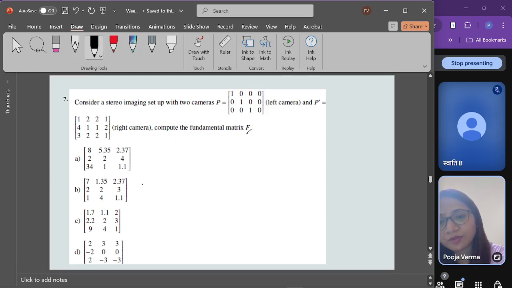So for the left camera, let's say the camera center is represented by C, right? And the right camera center we can say is represented by C dash. So this is the left camera center. So already we know that, as we know that